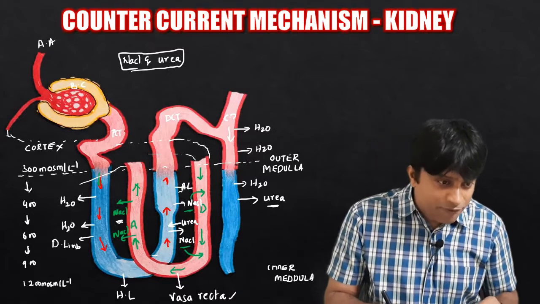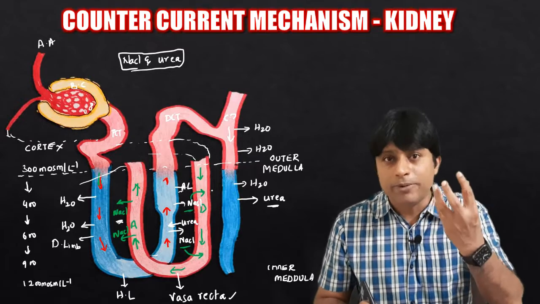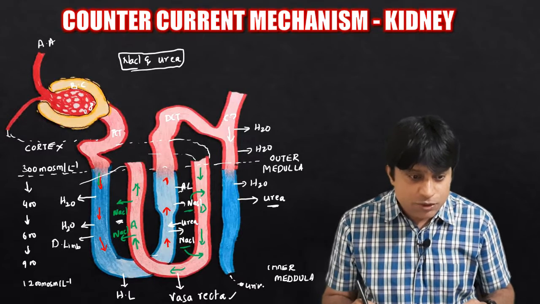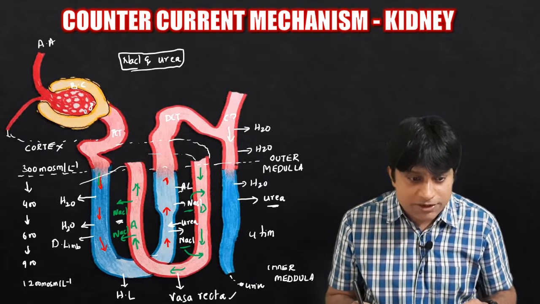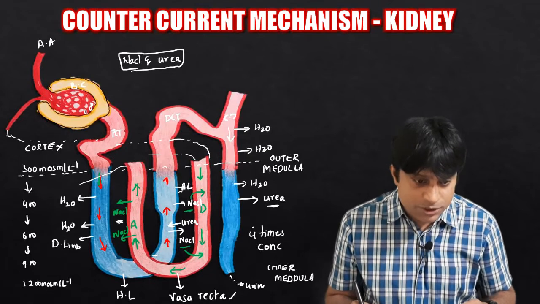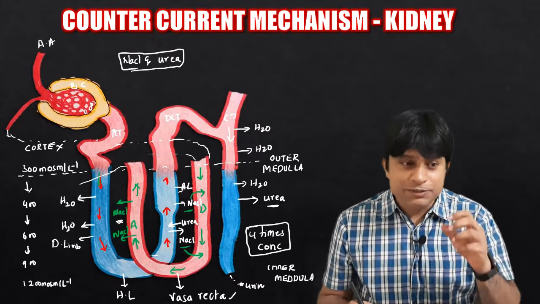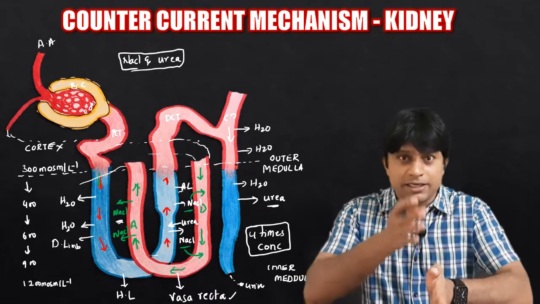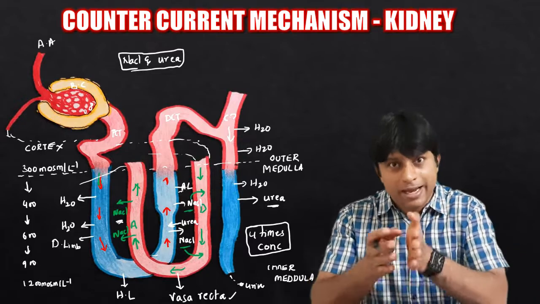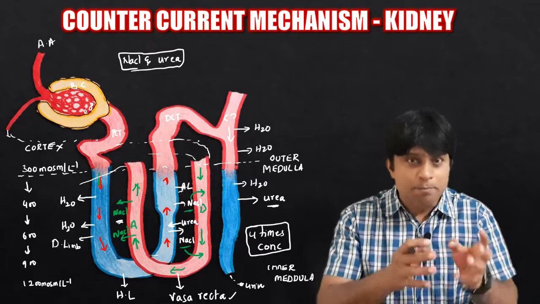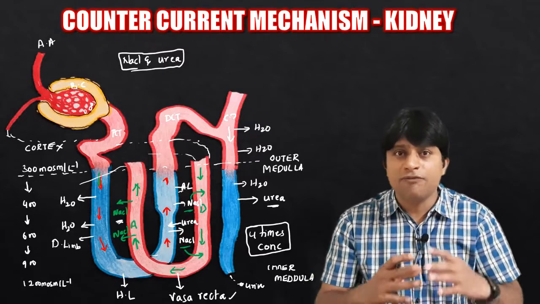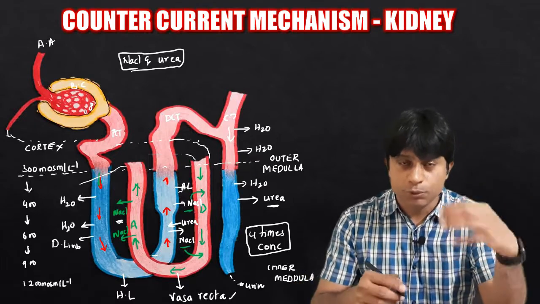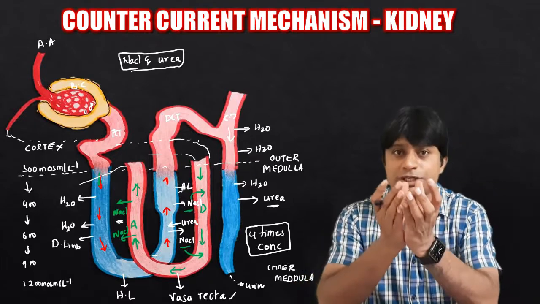And the renal fluid that is collected in the lumen of the Bowman's capsule, from there to the final urine that is formed, is 4 times concentrated. This is because of this counter current mechanism, that is the counter flow of renal fluid as well as blood in the vasa recta, which maintains the hyperosmolarity of the medullary interstitium, due to which the urine finally gets concentrated, because the concentration in the medullary interstitium increases.